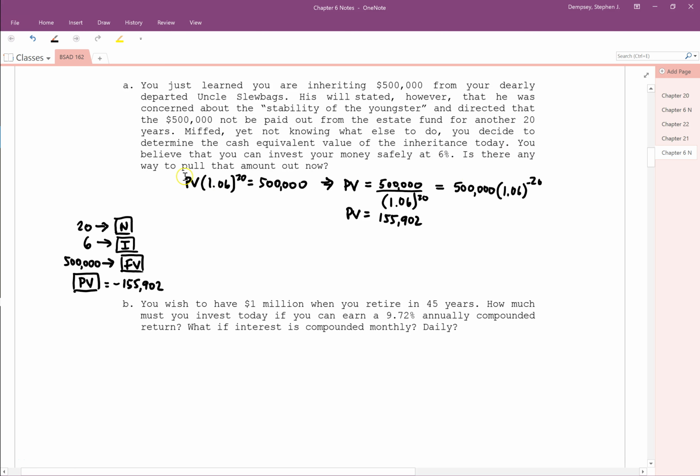Now, there is the question, is there any way to pull that amount out now? One way you could get 155,902 now is to borrow it. And if you could borrow it at 6% per year, then in 20 years, you would have to pay back $500,000, which you're getting from the will or the estate. So it would only be if you could borrow at 6%. And I'll write that down for you in your notes. I'm saying that also because the investment rate is also 6%. And to borrow money at the same rate suggests that the institutions aren't making any money. So the intermediaries certainly will charge you a higher interest rate in reality than what you could safely invest at. But I'm just saying, if you could also borrow at 6%,